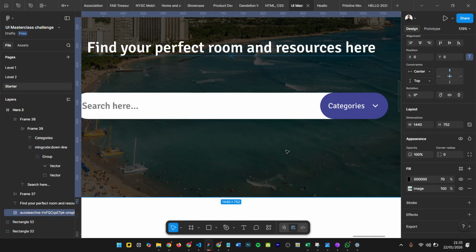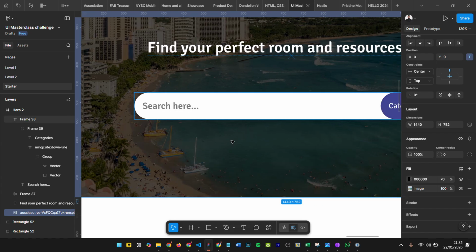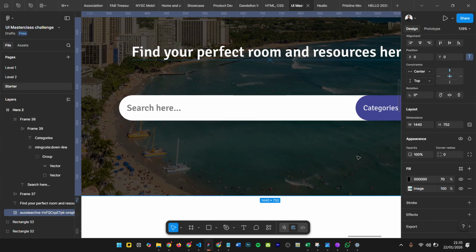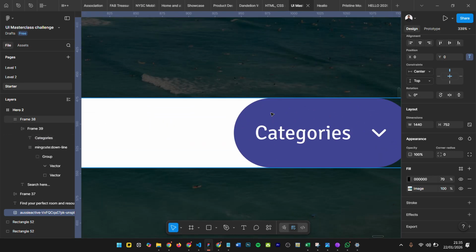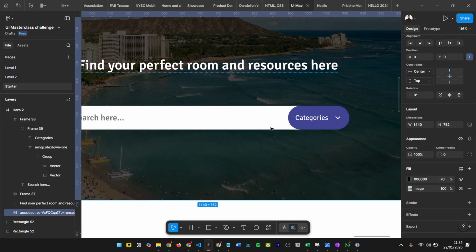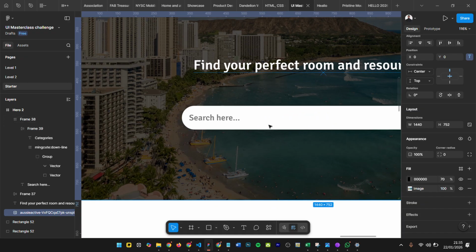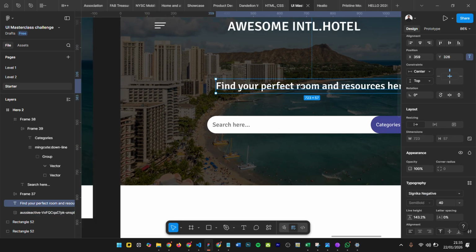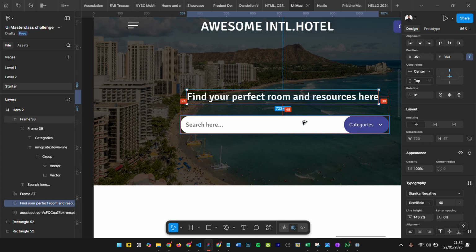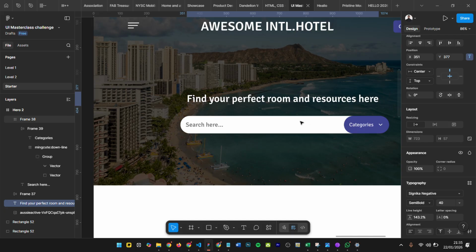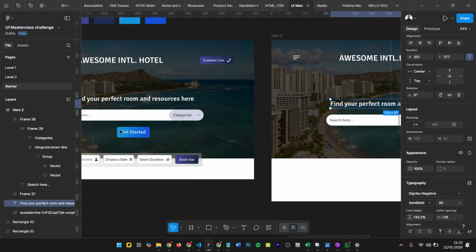I could have used auto layout to make this one very fast, but I don't want it to be too confusing because, you know, auto layout sometimes can be confusing. But at least I think now you can follow very well. All right. So let's drag this one close to this guy because they are of the same family. Let's make it 40. Like this. And then the next thing that we want to do is, of course, we want to add